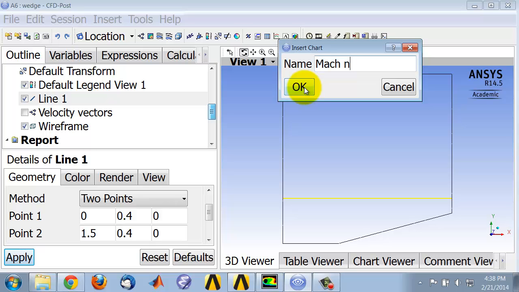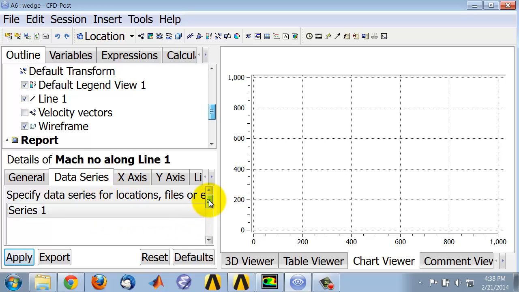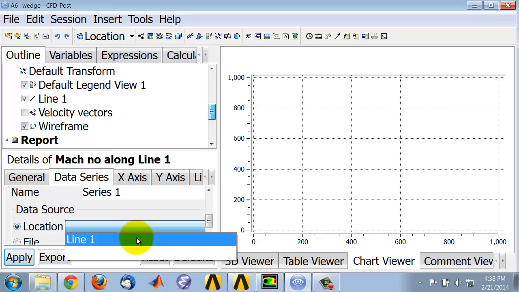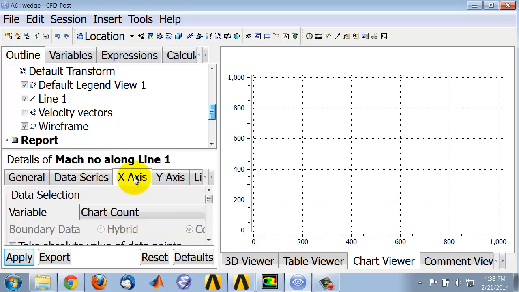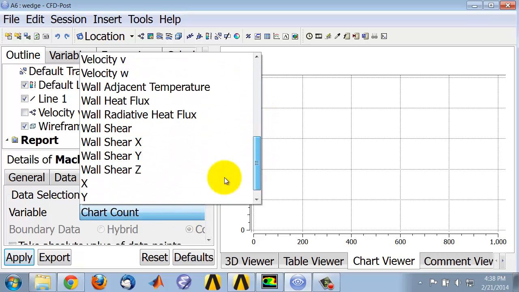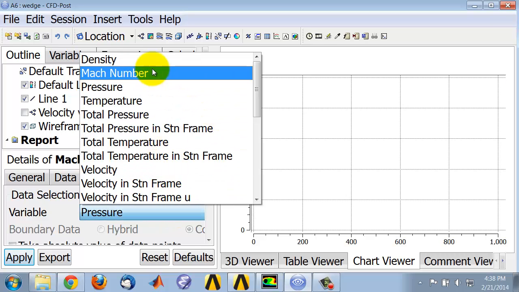So I'll say Mach number along line 1, and under data series tab I select the location, and the only location I have available is the one that I've created. Along the horizontal axis I will plot the x coordinate. Along the vertical axis I will plot the Mach number,